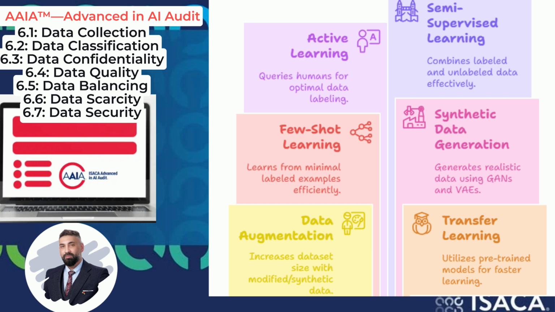Active learning, an approach where the model itself can query a human, an oracle, for labels on the most informative unlabeled data points, making the labeling process more efficient when resources are limited. Semi-supervised learning, using a combination of a small amount of labeled data and a larger amount of unlabeled data to train a model. Simplify the model. Using simpler models with fewer parameters can sometimes perform better when data is scarce, as complex models are more prone to overfitting.